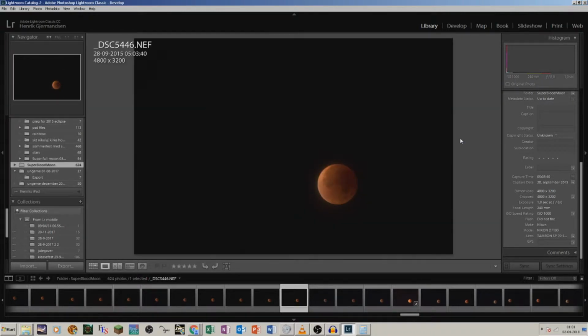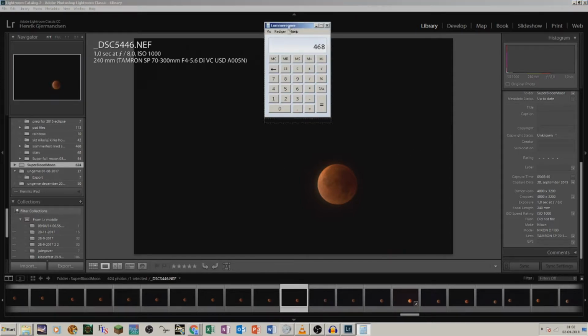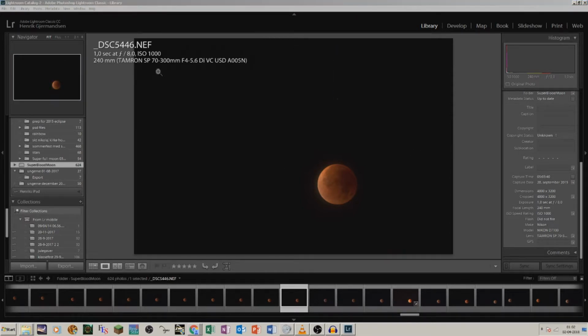Sorry. Now this was a weird lunar eclipse. It was basically the shadow was more or less skimming down here, as you can see on most of them. It's not quite red. That's why it's actually this fast. Usually, from what I've heard, it's a couple of hours. But 240 millimeters, and again, it does equal 468 millimeters.